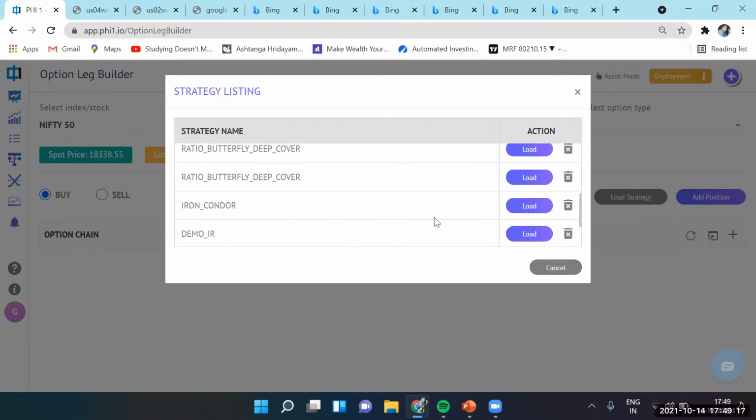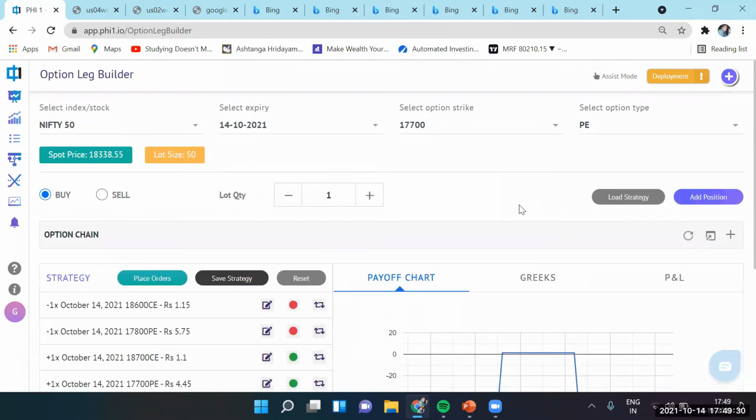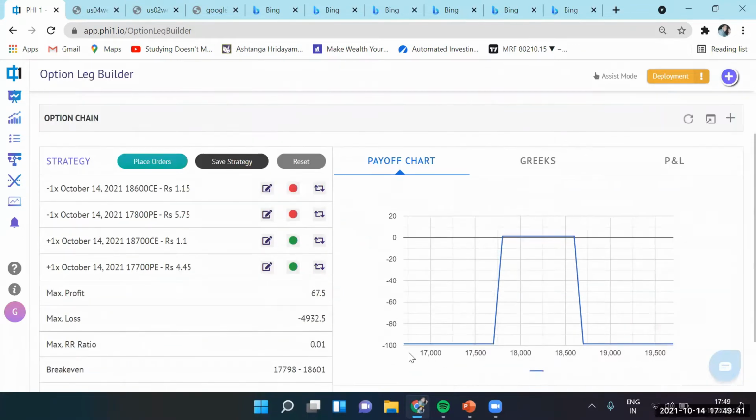So let's load an iron condor. And all these strategies are also part of an example of how easy it is to create, backtest, and place these orders. You can create non-standard strategies also where you have 5 legs, 7 legs, disproportionate amount of lot size based on the risk that you're ready to bear and the exposure you want towards the reward. All right, so you see on the graph now, it's again a good visual check that you have an iron condor strategy.